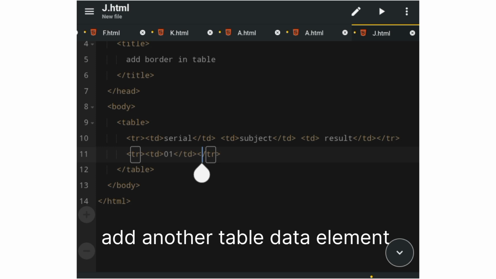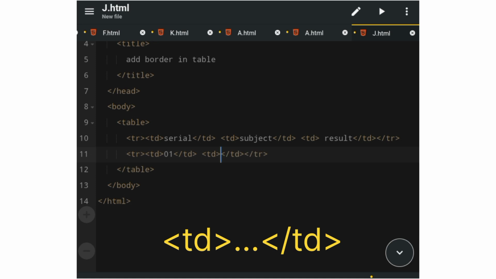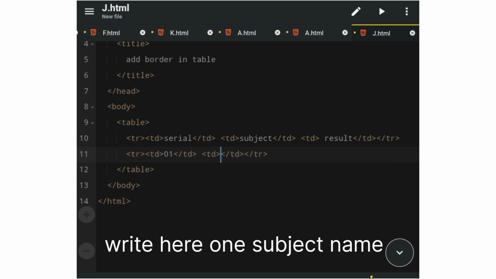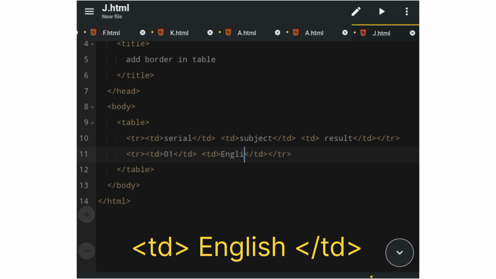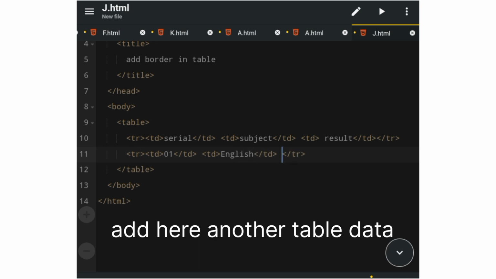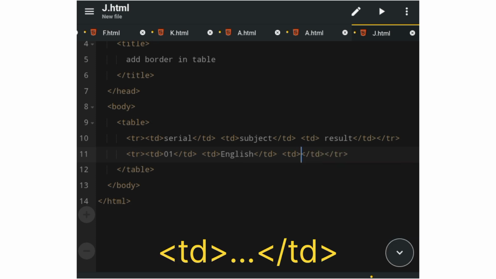We write another table data, our subject name English. We write another table data, our GPA,